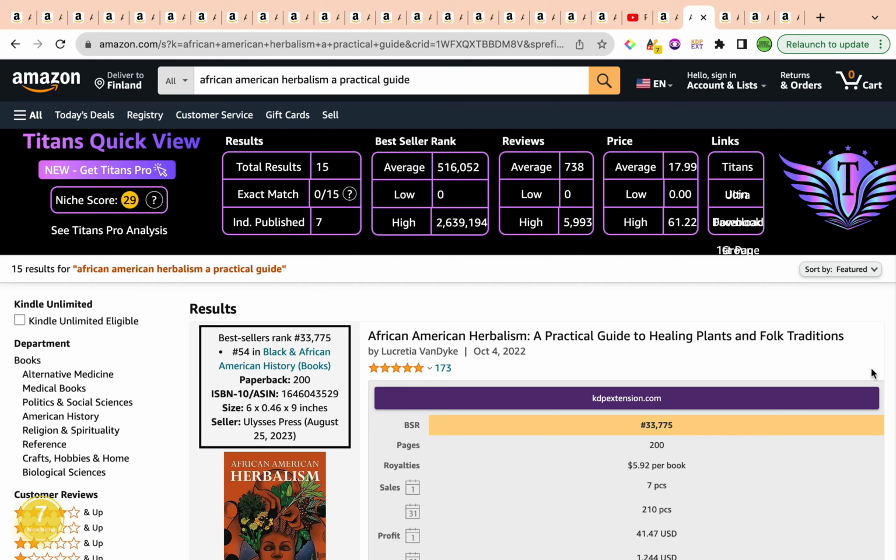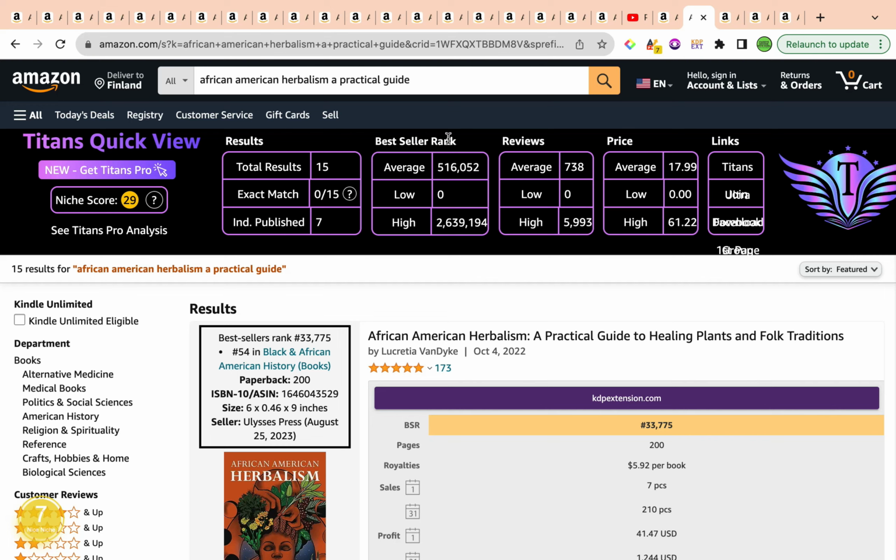First of all, we have a keyword niche score of number 7 by Amazon Scout Pro Chrome extension, categorizing this keyword as a nice niche. So that is a good start. The total results are at a low 15, which is amazing and good to see. The average bestseller rank is a little bit on the higher side, averaging 516,052. Now, we would ideally like it to be around that 400,000 range. The lower, the better, but we work with what we have currently, and this is a great opportunity to dive